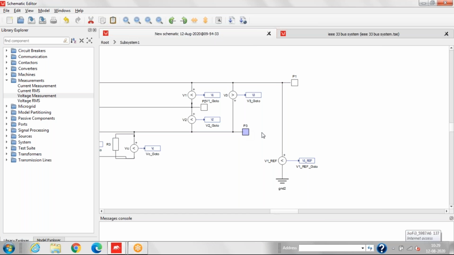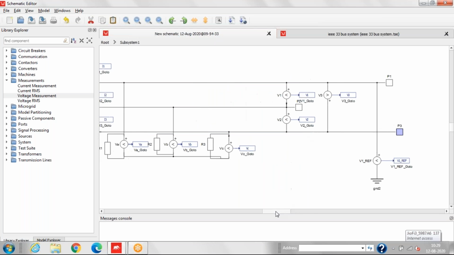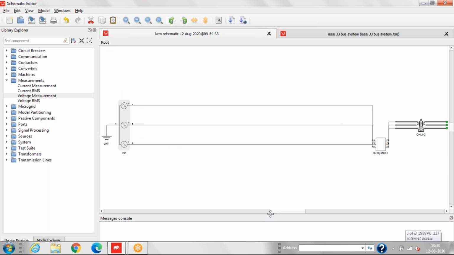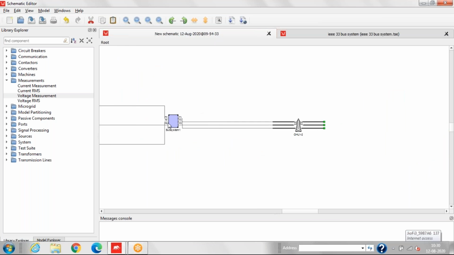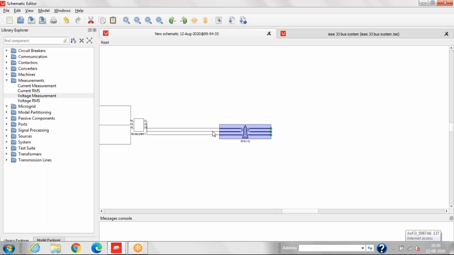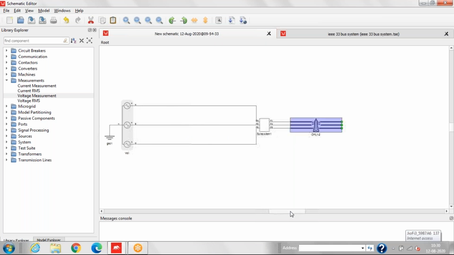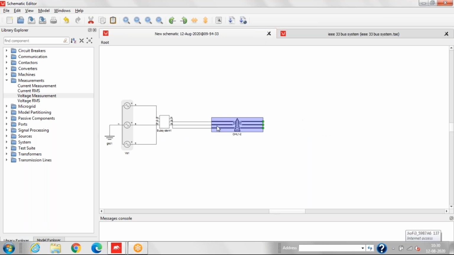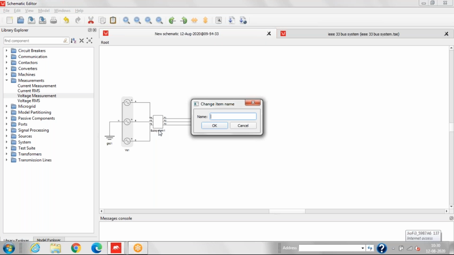So here you can see that we have root as well as subsystem. So now we'll go to the root and see how it looks. So now we'll change the name subsystem 1 to node 1.